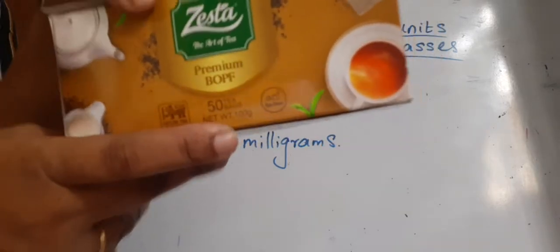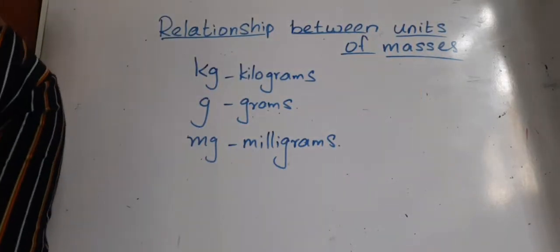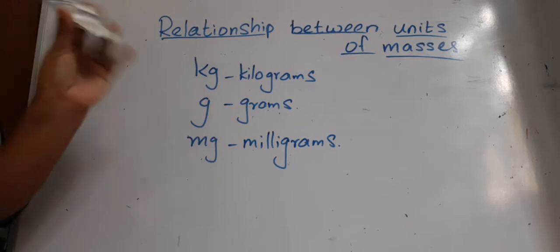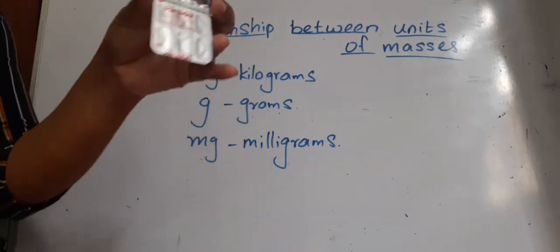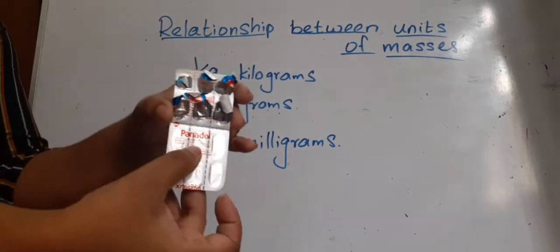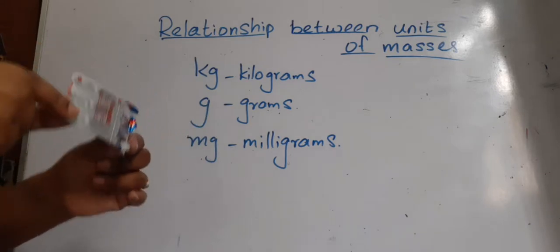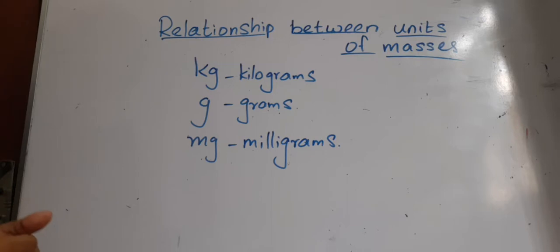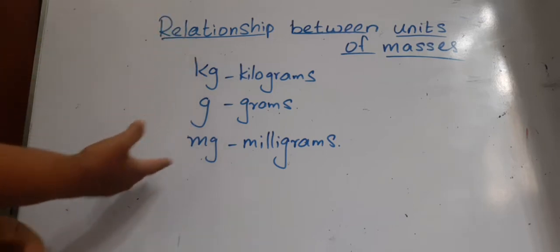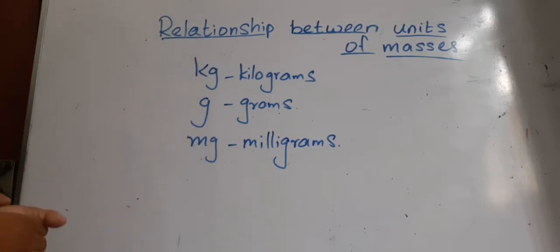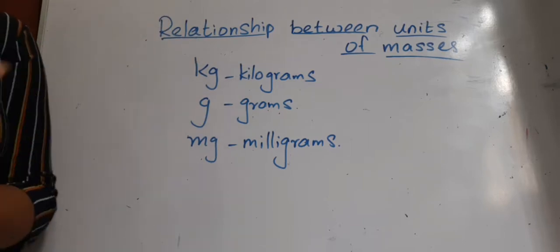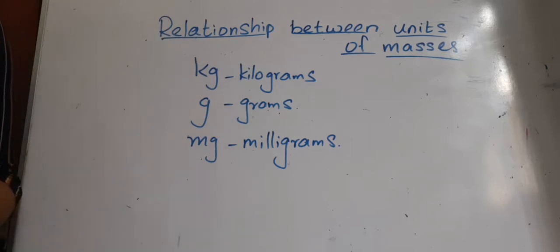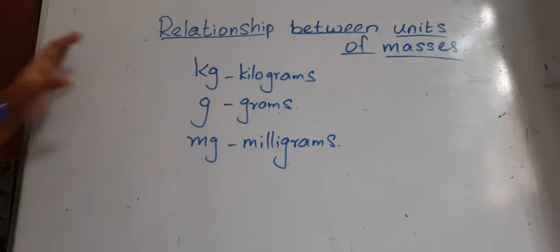It says 100 grams. Likewise, you can take medicine pills, behind which you might find milligrams, so tiny. Search in the file. You can collect a few labels where the mass of each item has been indicated, in all three units. That's what I want you all to do as homework. Right, so let's move on to the topic again.